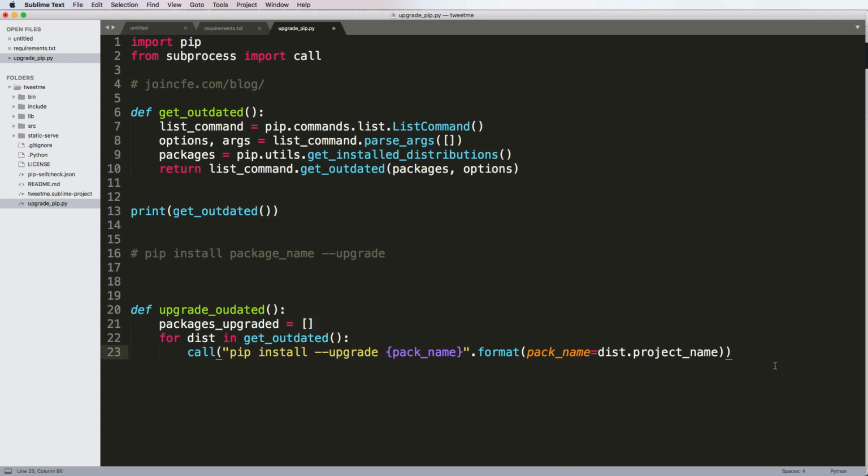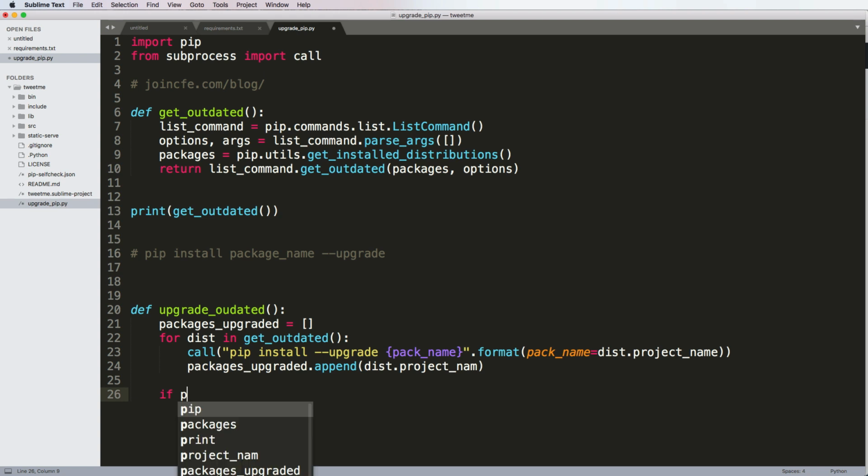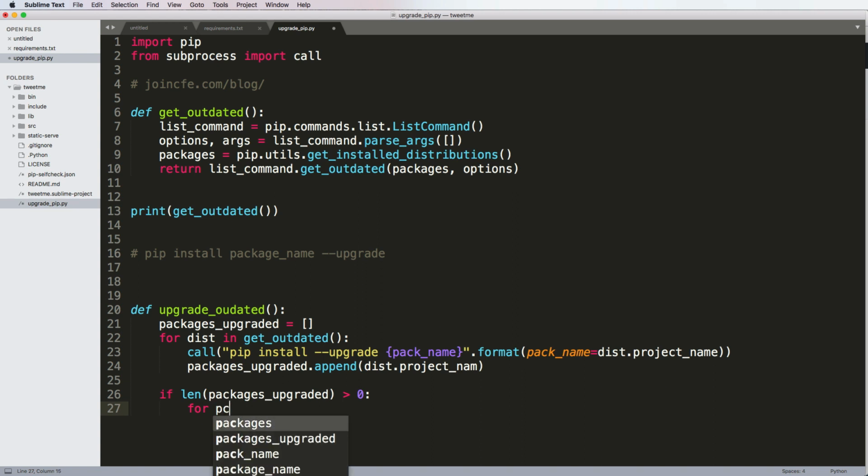And I'm going to go ahead and just add this project name into this packages upgraded. So upgraded packages, append, and the project name. Then we'll just say if packages upgraded is greater than 0, or the length of it rather, then we're going to go ahead and loop through them. So for PKG in packages upgraded, we're going to go ahead and print out